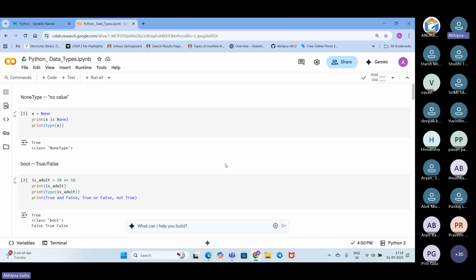Okay, so we'll start off with the none type. None type means no value, like the variable doesn't contain any value. So we have considered x equal to None here. We store a special value, None, in this x variable. What does it mean? It means nothing, or no value yet.